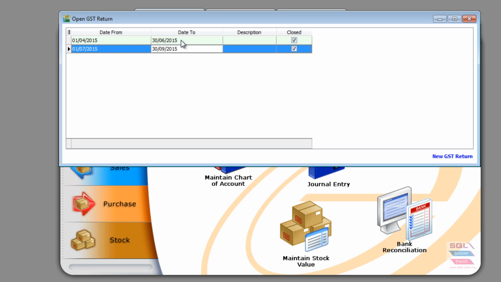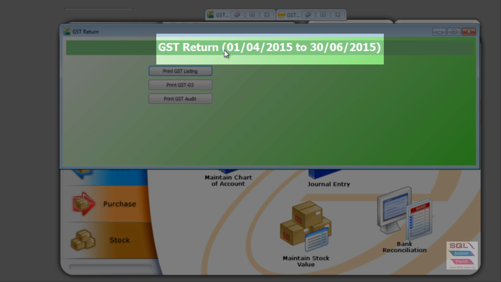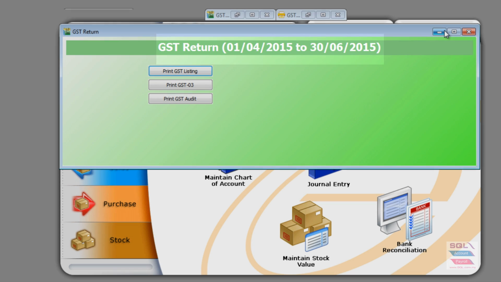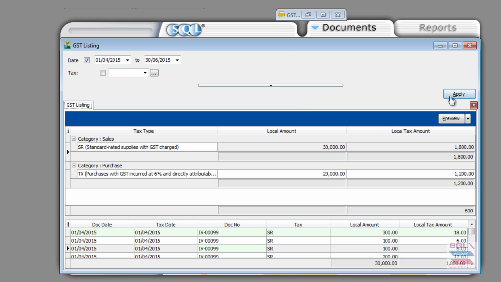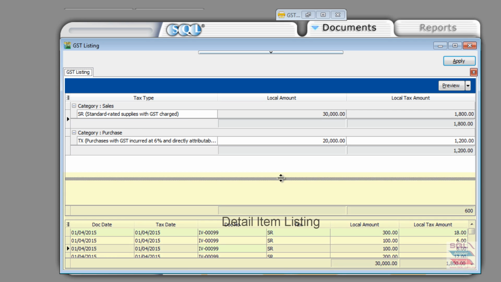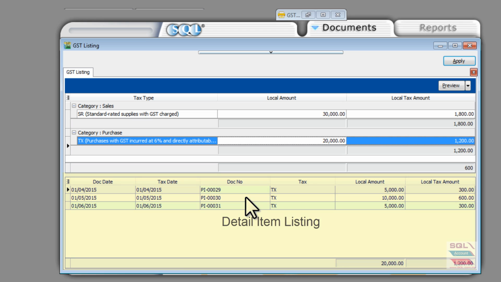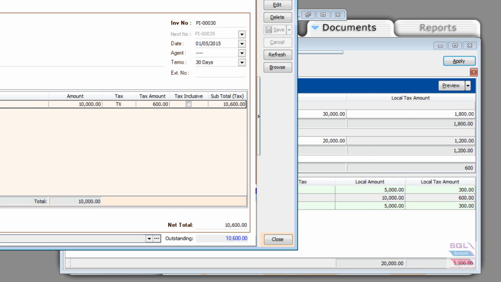So for example, here I have 2 cycles and I choose to open up the tax return for between April to June. If I double click on it, I will be able to see this screen from April to June, and then if I go to print GST Listing or print GST03 or any other reports, I will be able to open up screens like this one from April to June. As you can see here, it gives you a very detailed breakdown listing of what is in your standard rated for tax as well as purchases, and of course all this transaction can be double clicked to drill down to